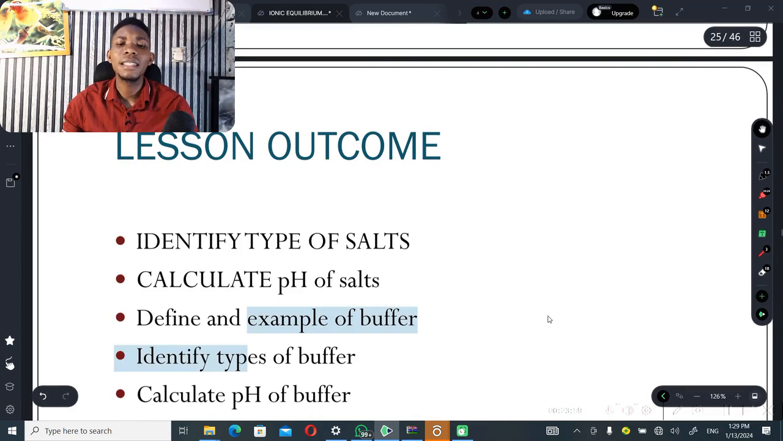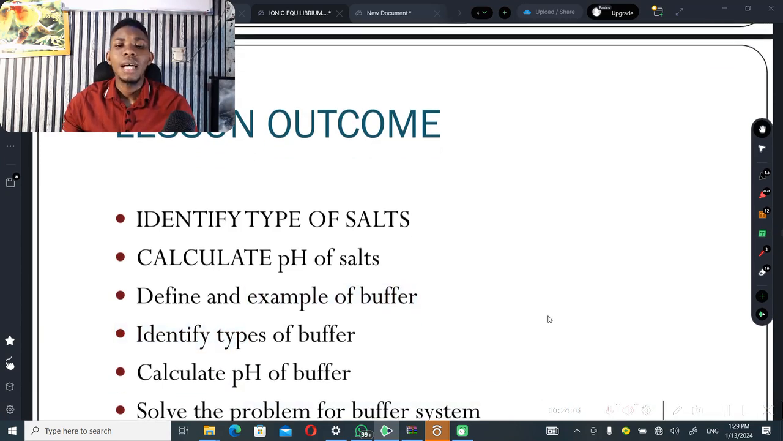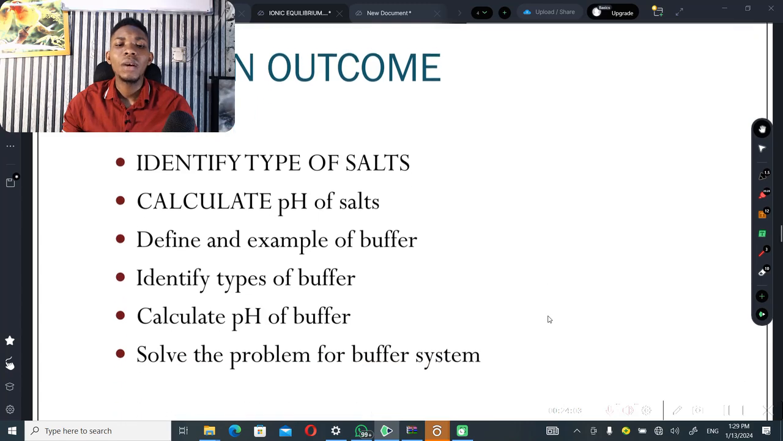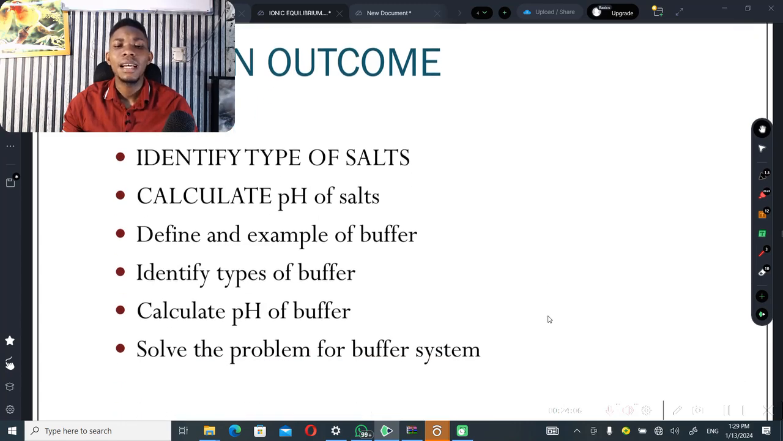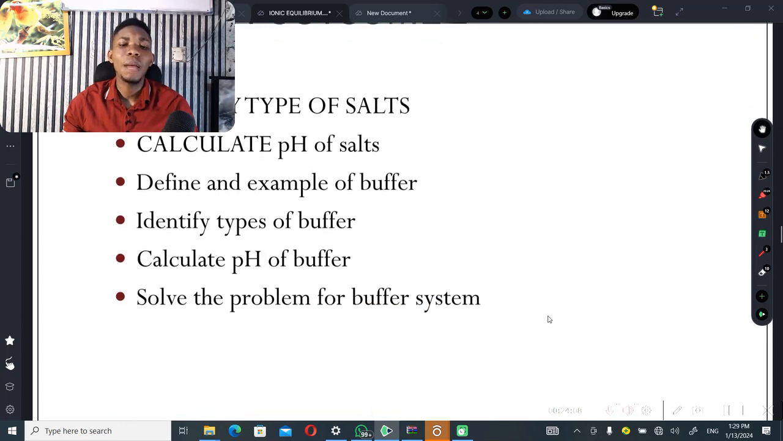Now the next lesson is salt. Identifying the type of salt, how to calculate the pH of salt, define examples of buffer, identify the type of buffer, calculate the pH